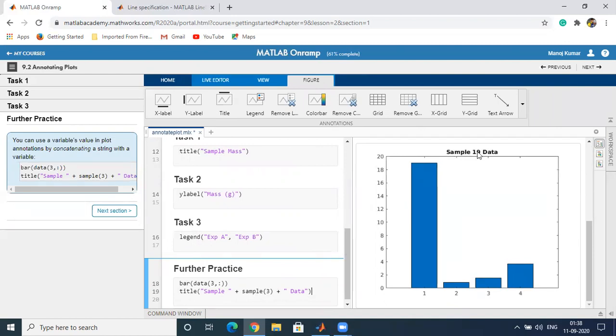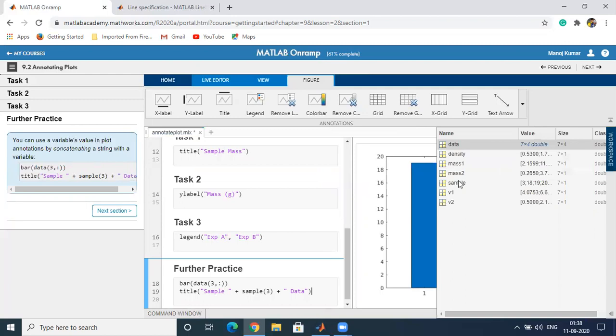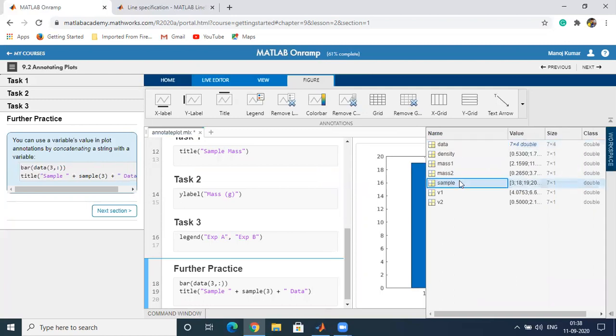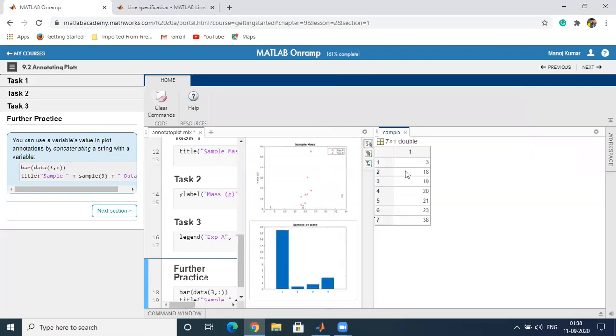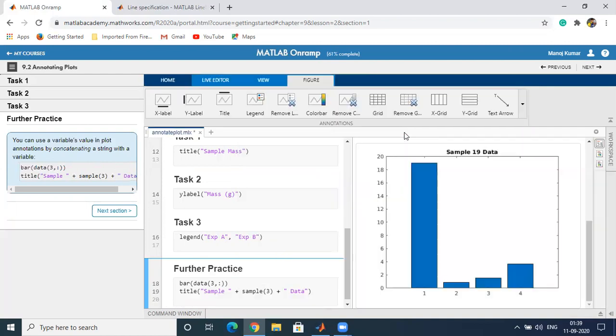You can see the value of sample and its third element. The third element of the sample is 19. So it will plot sample 19 data.